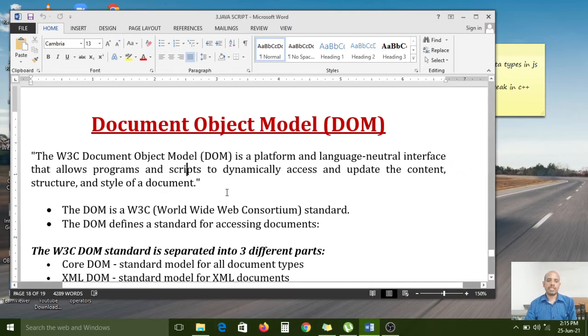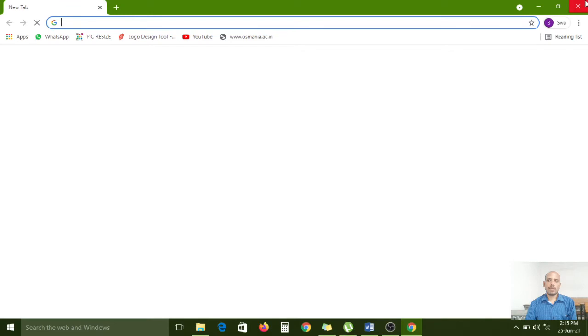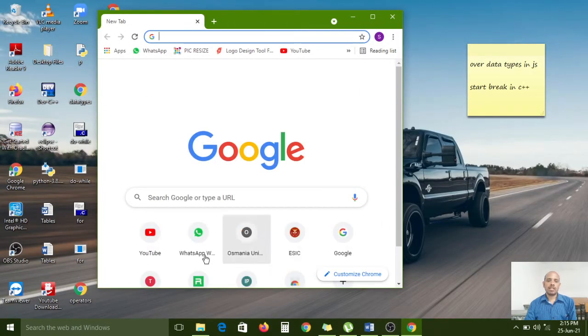Here, the document is nothing but a browser window. Now I am opening Google Chrome, and this complete window is also called the document, the web page document. So this entire document is called an object, because in the real world